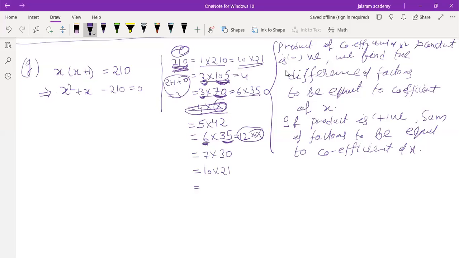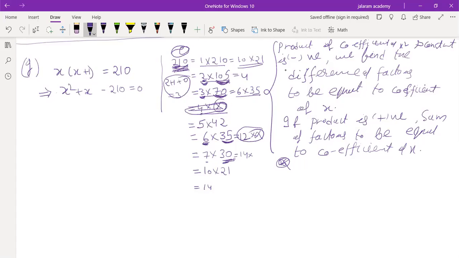Next is 13. So with 13, you have to check. 13 ones are 13. Remainder is 8, 80. 80 doesn't come in 13. 13 6s are 78. Remainder is 2. So it is not divisible by 13. Now we have to check with what? 14. So for this we check with 7. 7 into 2 we have checked, 14. So we must divide 30 by 2.